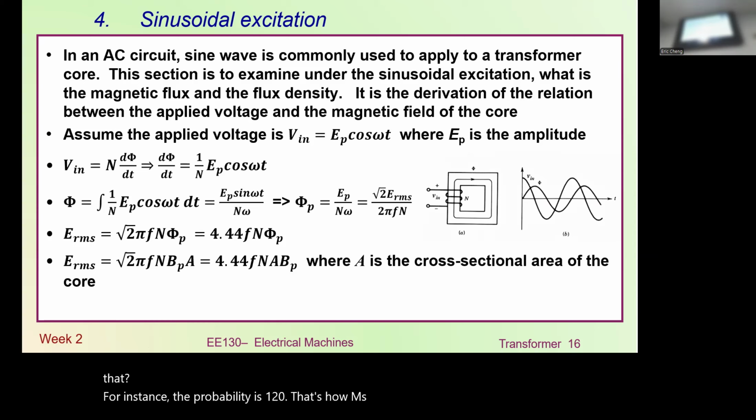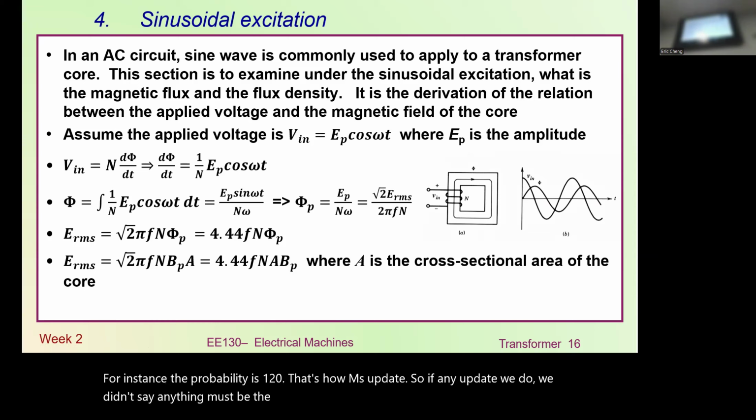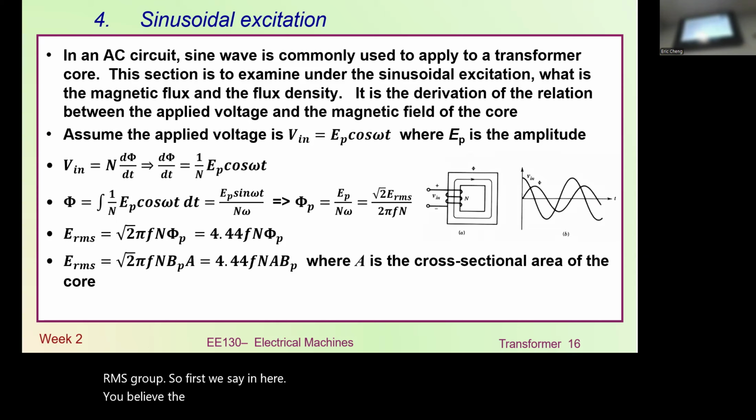So if any voltage we didn't say anything, must be the RMS voltage. That's by common law, is RMS voltage. So that's to say in here, EP is the peak voltage, especially mentioned. But I'm going to convert this one to RMS because we usually use RMS for calculation or discussion in same